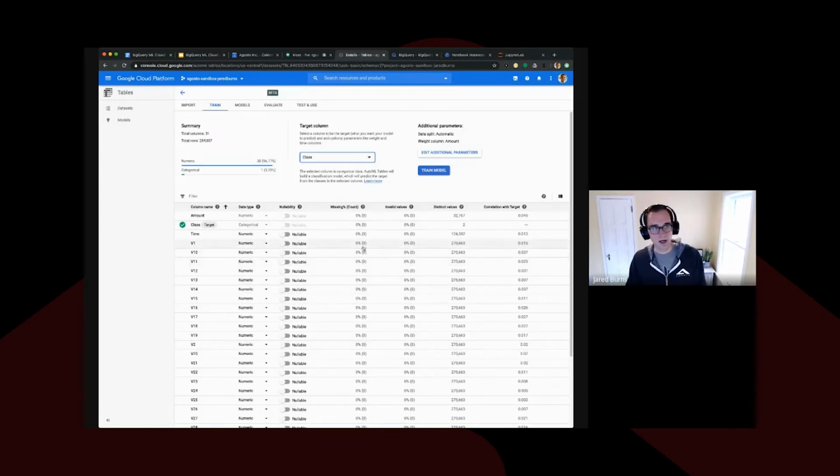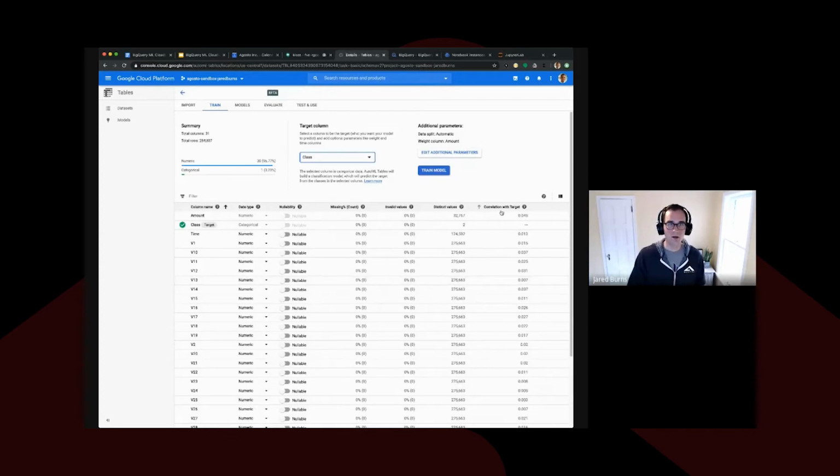And then right out of the box, without having to do anything, AutoML Tables gives you this really nice breakdown showing whether the feature is nullable or not, the data type of the column, the percent that are missing as well as invalid, and the distinct values. This is helpful for understanding if you only have a few features that don't vary very much, you might want to consider not including them in your model.